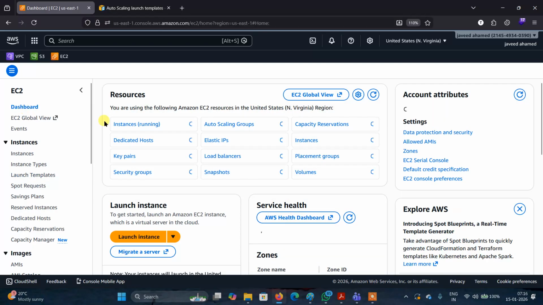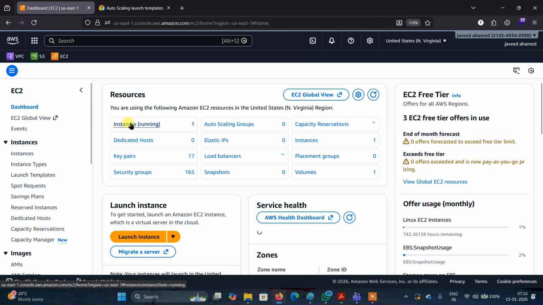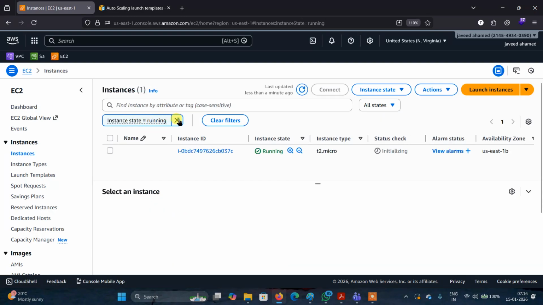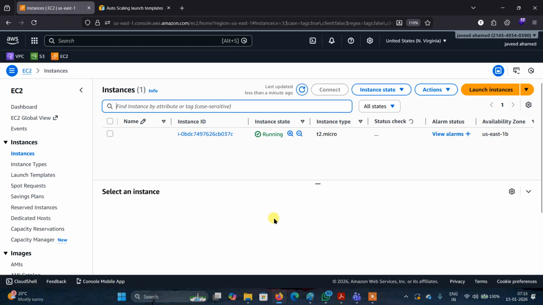Now you can check here, the instance is created. In a production company, they will select the type of instance, security group, key pair, and they will add the web application code. Everything they add, the web application code also. After adding that, they will create one template. By using this template, they will create EC2 instances ready-made in less time.